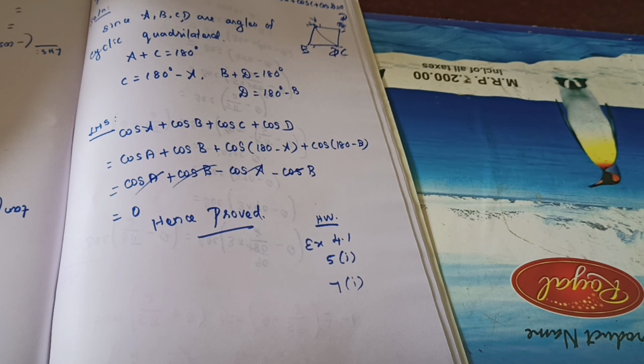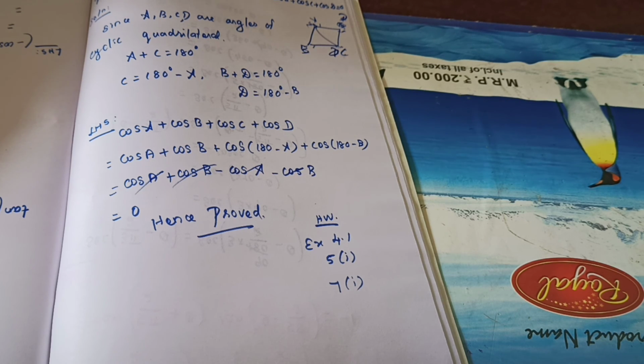So how will you do? Sin 180 minus theta, you know the value. Cos 90 plus theta, you know the value. Tan 270, every value you know. If you substitute all the values in the given LHS and cancel everything, you will get the value as minus 1. Understand? You will get the RHS. The second Roman, if you can, you can try, but it will feel somewhat difficult. So take down everything to your classwork. 5th problem first Roman and 7th problem first Roman, I gave the homework for you, do it.